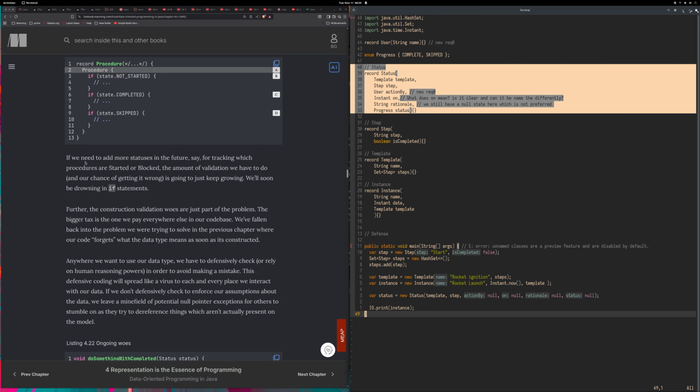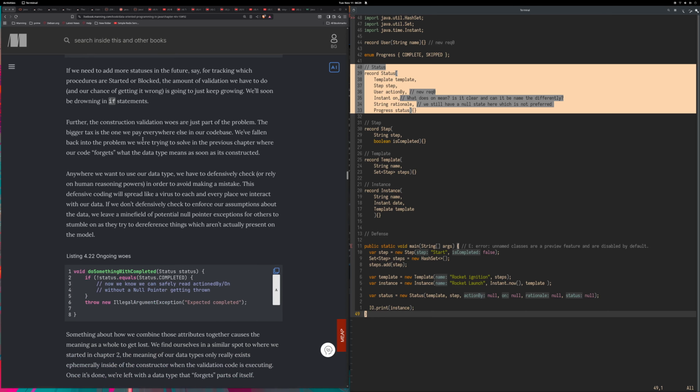Cool. If we need to add more statuses in the future, say for tracking which procedures are started or blocked, the amount of validation we have to do and our chances of getting it wrong is going to just keep growing. We'll soon be drowning in if statements. Further, the construction validation